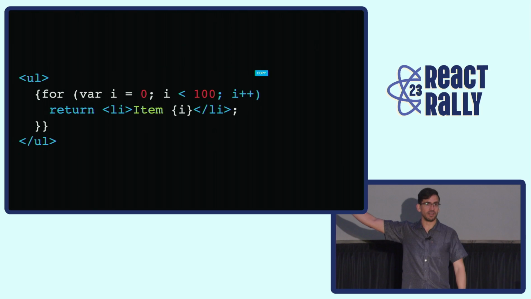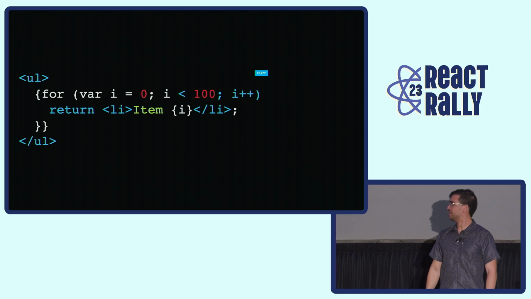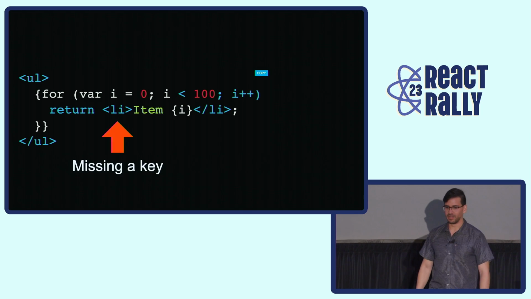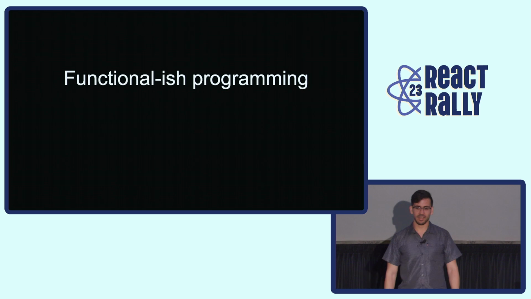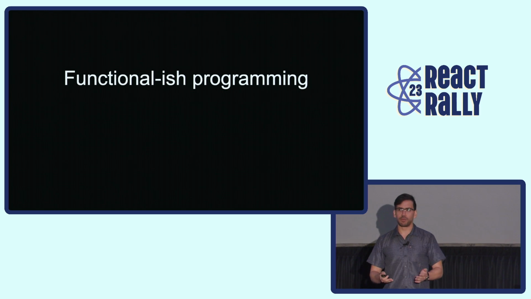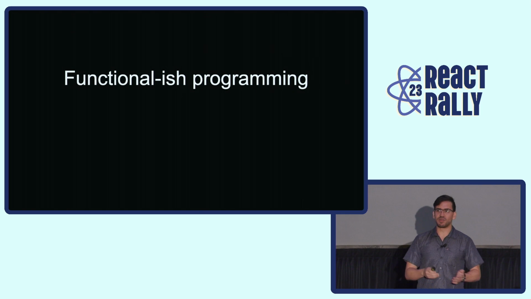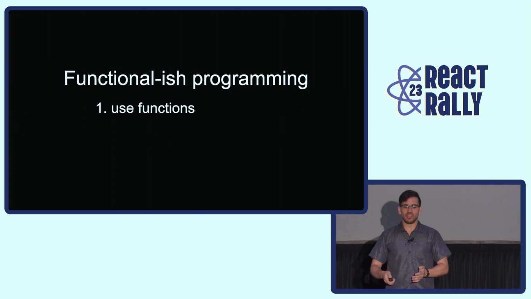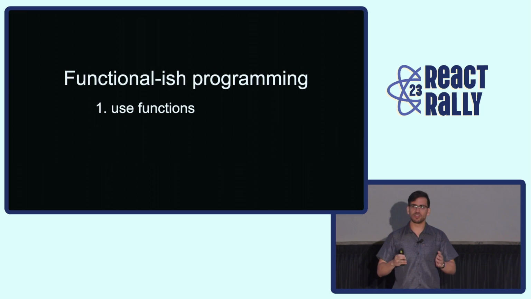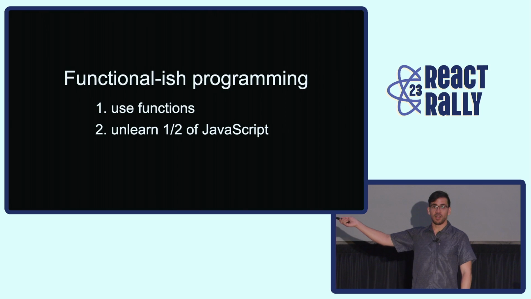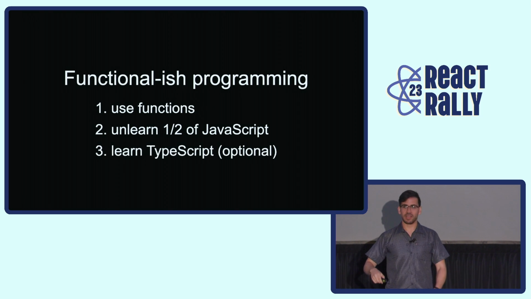Can someone tell me what's wrong with this code? What's wrong with it? No key. Yeah, we're missing a key, right? That's pretty much the only thing wrong with it. So basically, we're forcing juniors to learn functional programming in order to use React. One of the most common questions is, how do I do a for loop in React? Well, you sort of can't. You have to learn this functional sort of syntax, where basically it's using functions,